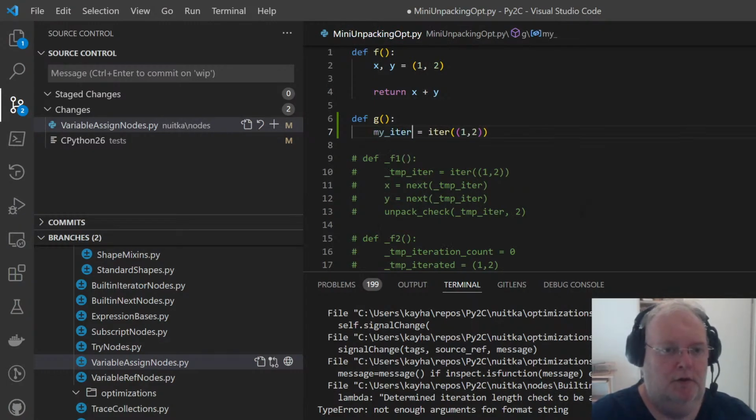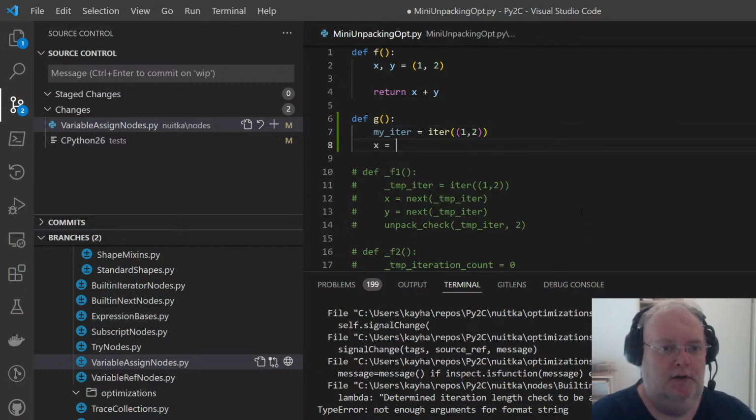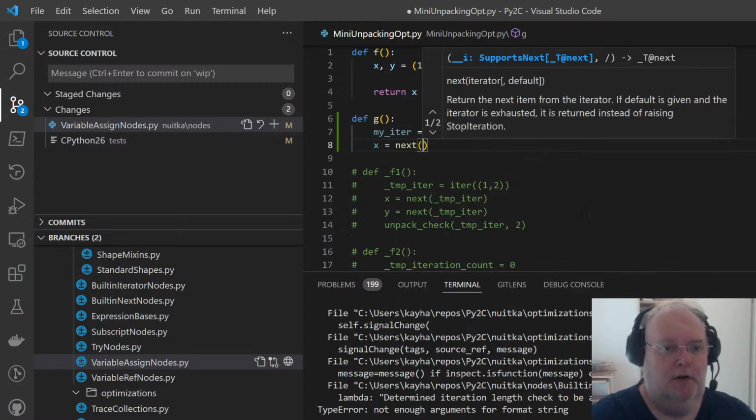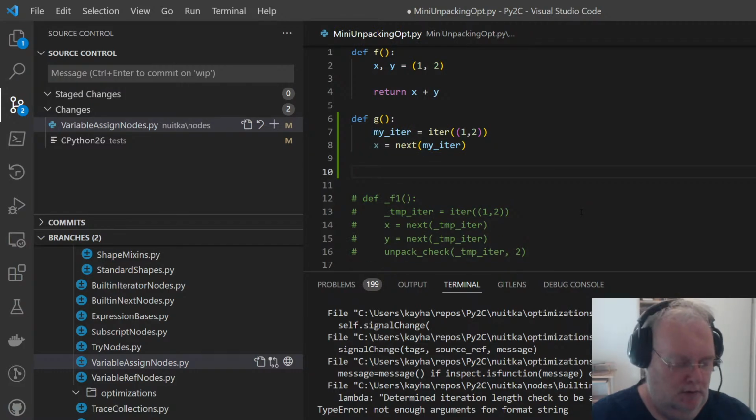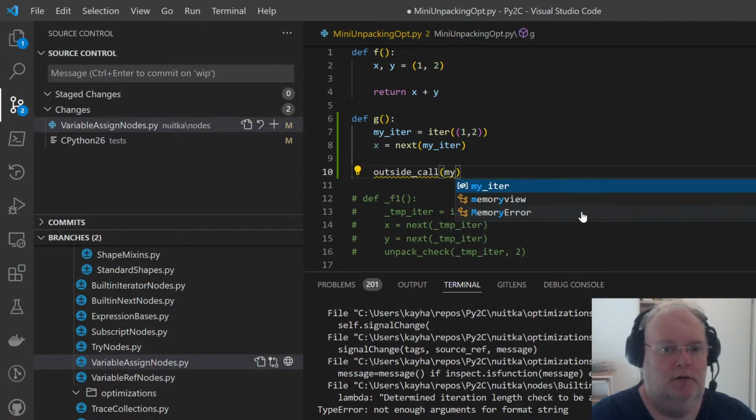My iter. So you write this code and you write x equals next my iter. And then you do, I don't know, outside call my iter.